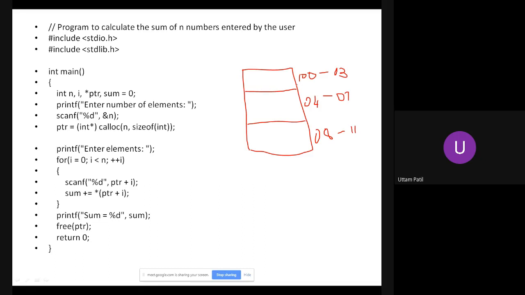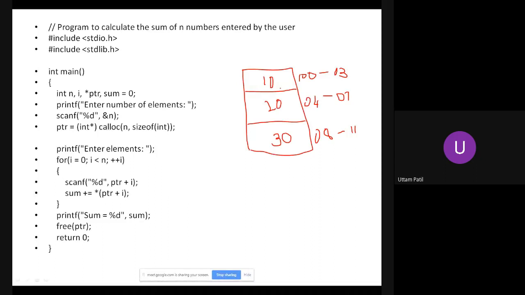So ptr will be storing the address 100. Remember, when you execute this program, you will not get the value as 100. It is some memory that is allocated. Here I'm just showing you that it is 100. Then when I enter the values 10, 20, 30, 10 got stored here, 20 got stored here, and 30 got stored here. So these 10, 20, and 30 will not be stored as 102030.